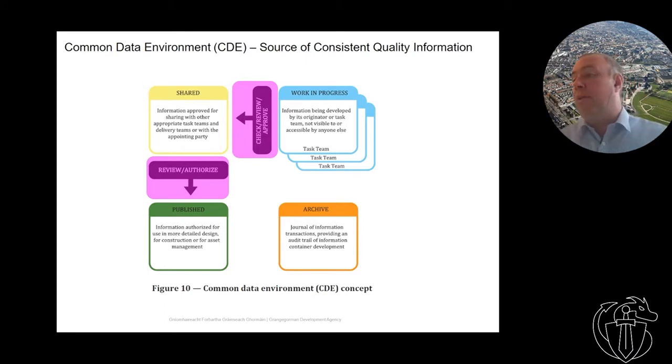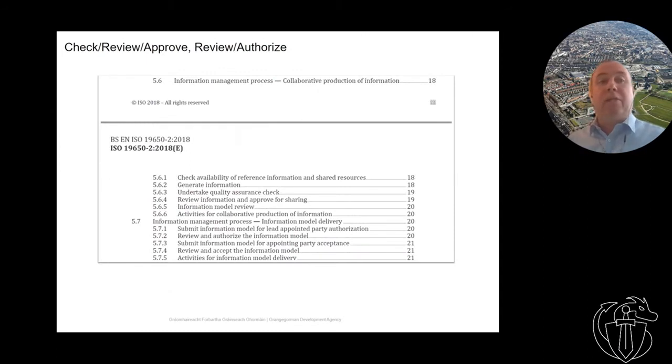I sometimes find when we get a new project in, people say, well, we set up the common data environment, and I say, well, so you have all your methods and procedures and your information production methods and procedures ready to go, but no, what they mean is they've set up 4 folders in a file share system. But to have a common data environment, there must be processes around for production of information and ensuring of quality. They're also in ISO 19650 Part 2 as well.